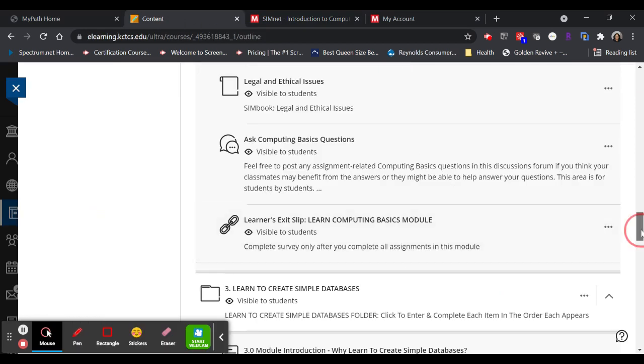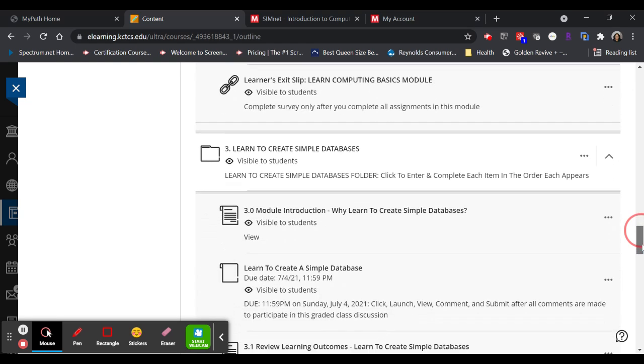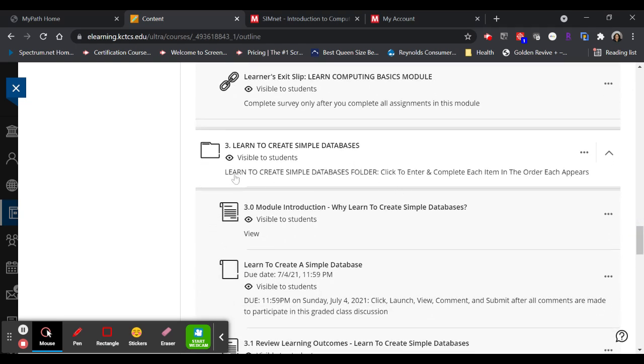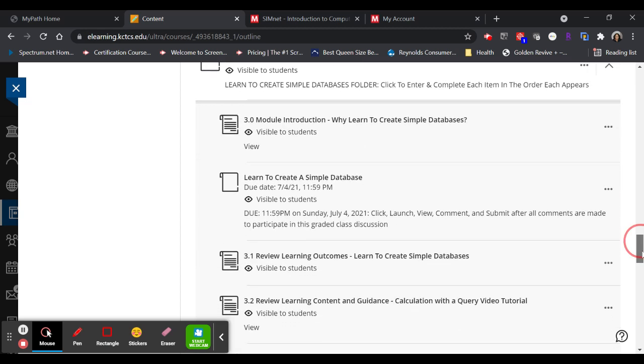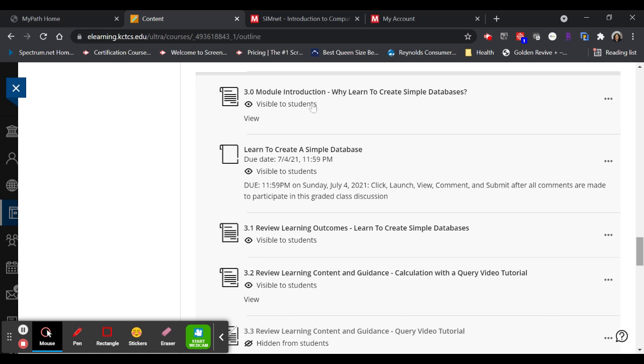Once you reach the learner's exit slip, you simply go to the next unit or module, and that would be number 3, Learn to Create Simple Databases. Repeat the same steps. Start with the module introduction. Just go and complete as